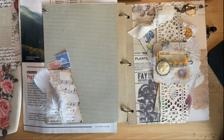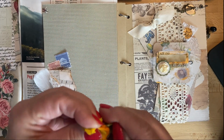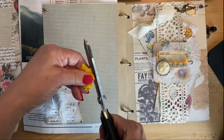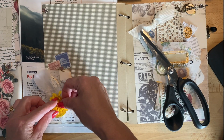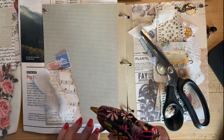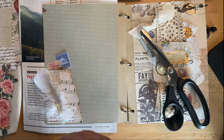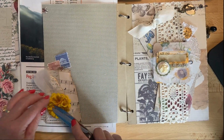If you use any kind of flowers like this, you're going to need to cut the bottom here or remove the bottom. Sometimes it'll give a great lift so that you don't have to put any kind of dimensional on it, but you would need to glue that down. Yeah, see, that looks good too. Oh, poop. Okay, you know what? I'm just going to do that since I already cut this all apart, and I'm going to put a big blob of glue right there in the center, since we're dealing with the fuzziness of the